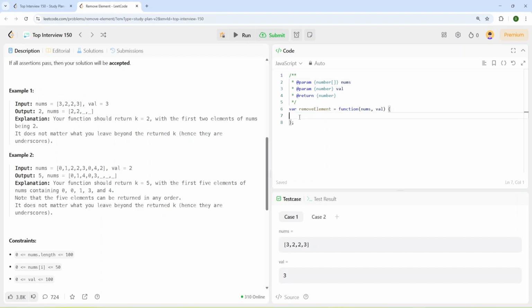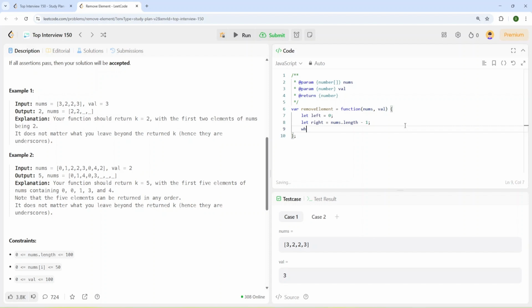And let's write code. I'm using JavaScript, and I'm going to add a left variable, and it will point at the first element of the array, and for the last element I'm going to use the name right, and we'll take the length of the array minus 1. We need minus 1 because we have 0 index in arrays in JavaScript.